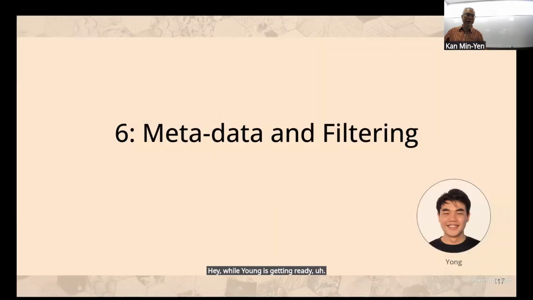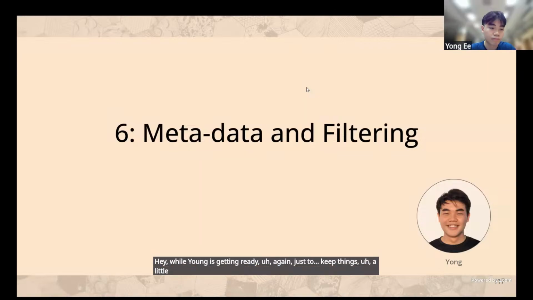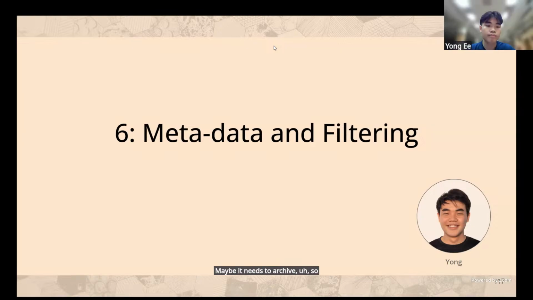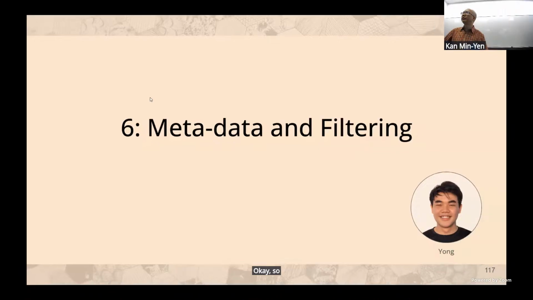Okay, while Yong is getting ready, just to keep things a little short, we have the RAG notes, the Overleaf, which our scribes have been contributing to. We'll be trying to finish that up within the next couple of weeks. All of you who have been contributing will be listed there. And then we'll try to make that an artifact that can go on the website, maybe released to arXiv, so anyone who wants to can have a look. So that will be a nice outcome of that. I'll say a little bit more later when we close up the course. So Yong can take it away.